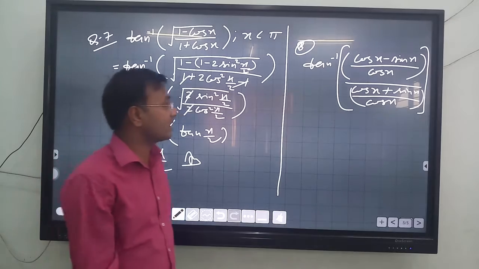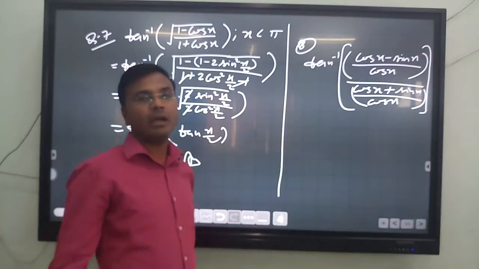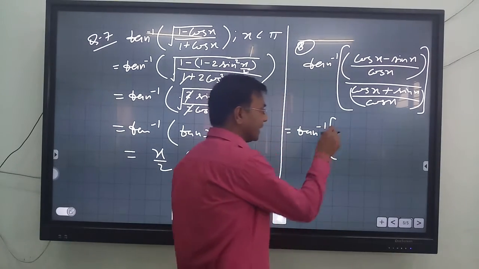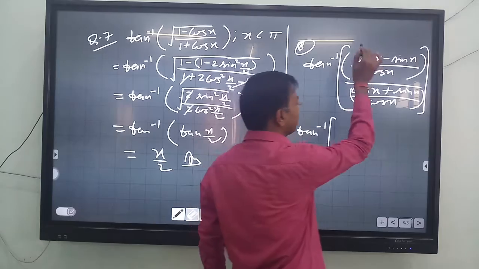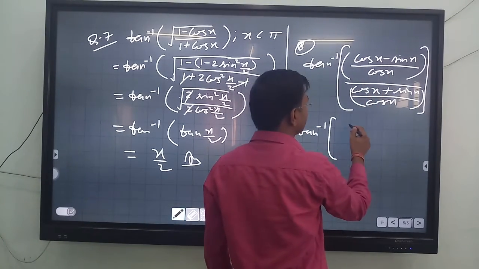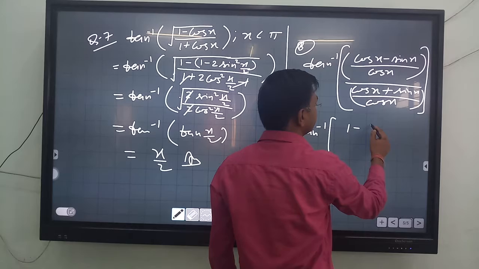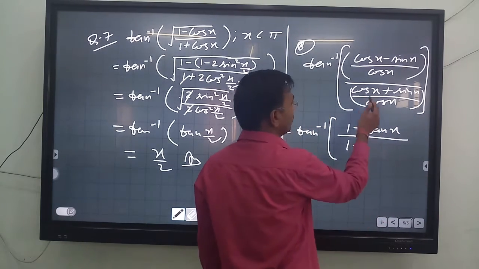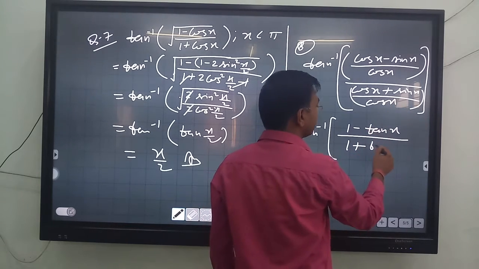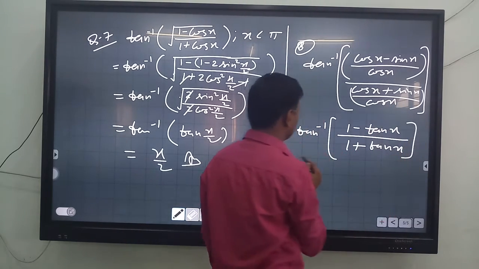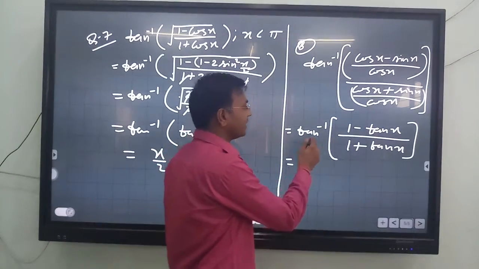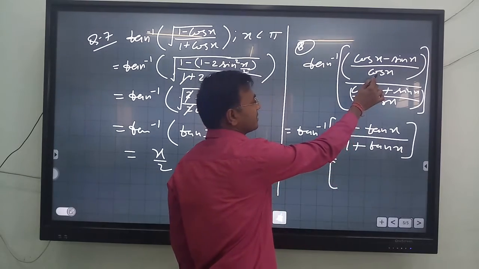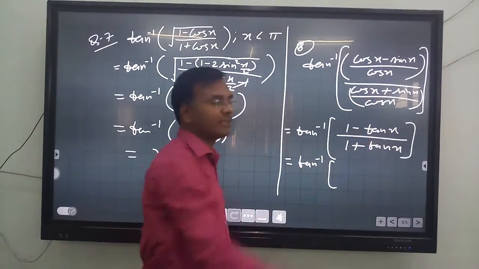Why? The question arises, why cos x? Why not any other trigonometric function? See, this will be cleared in just the next step. On separating the terms, we'll get 1 minus sin by cos, tan x, same as cos or cos cancel, 1 plus sin by cos, tan x. I think you got the little idea, because here is tan and we have to reduce this entire function in terms of tan. So if we divide by cos x throughout, the numerator will get tan x.